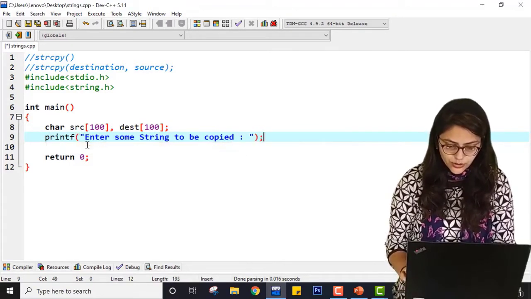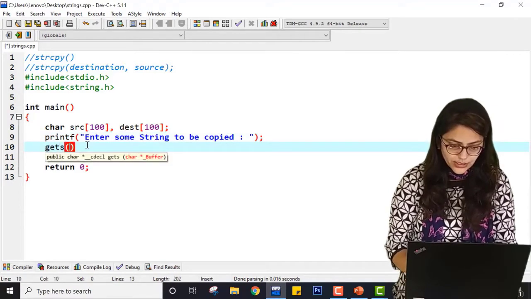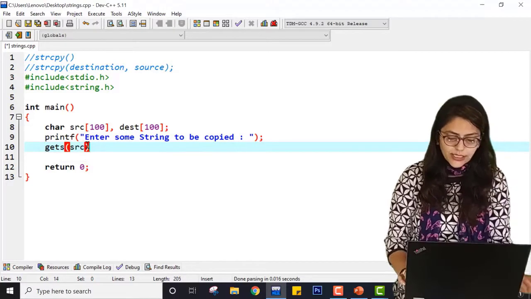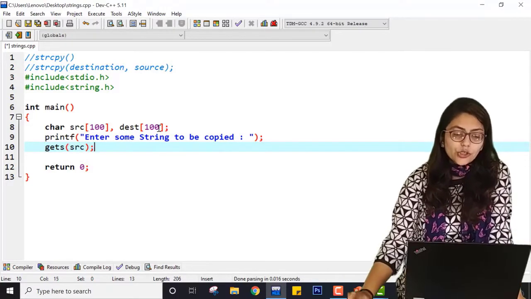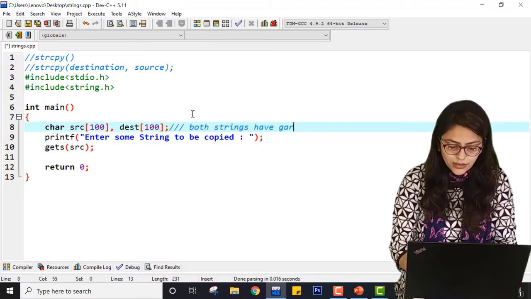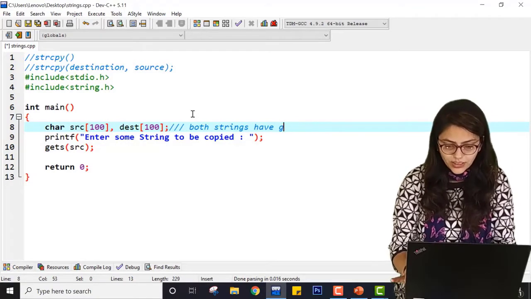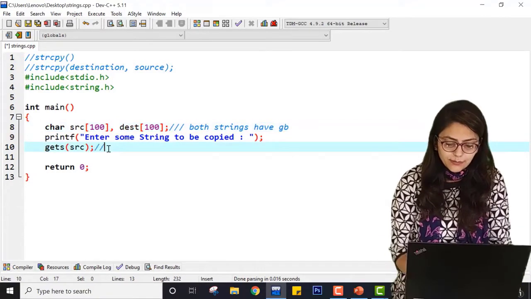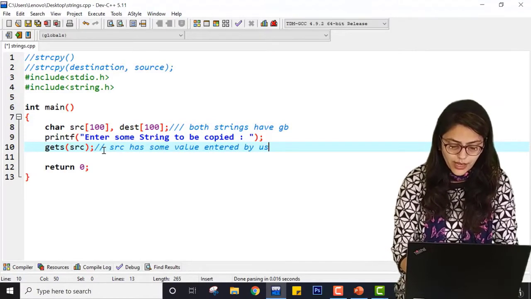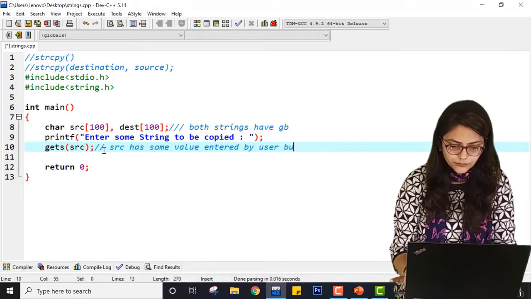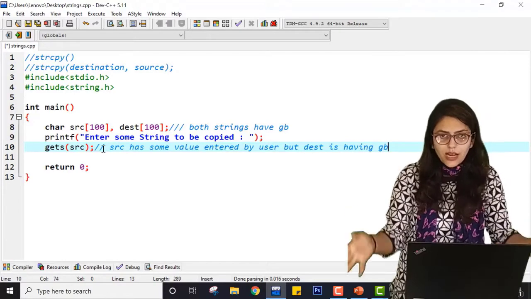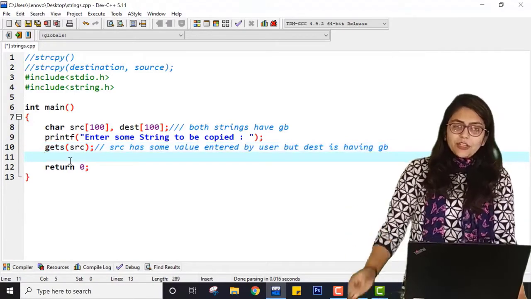Here the user will be able to enter a string by using gets. Inside gets I am taking src. So I am taking the value inside src. Right now at this moment both strings have garbage value. At this moment src has some value entered by the user, but dest has garbage value. So I am taking just one value.